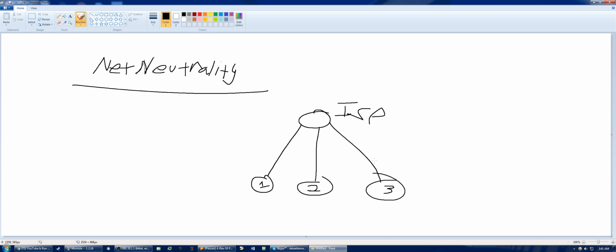The cost to roll out the connection to these people is equal, right? This guy is using all of his bandwidth all of the time, so we'll give him 3 arrows, all the bandwidth. This guy is only using some of his bandwidth, and this guy is barely using any of his bandwidth. It doesn't cost the ISP any more money to provide service for this user than it does for these